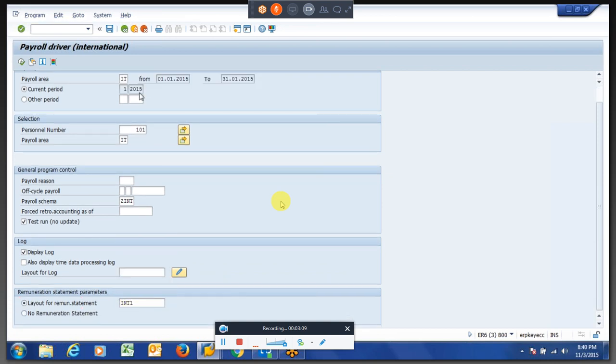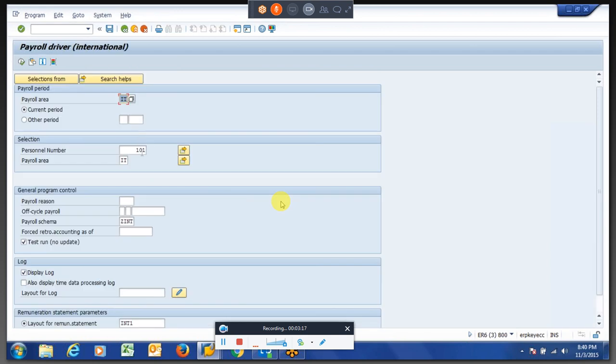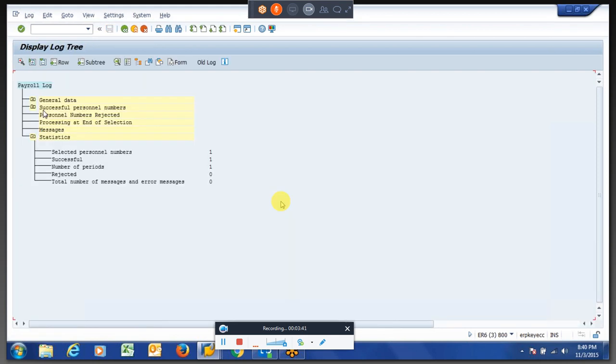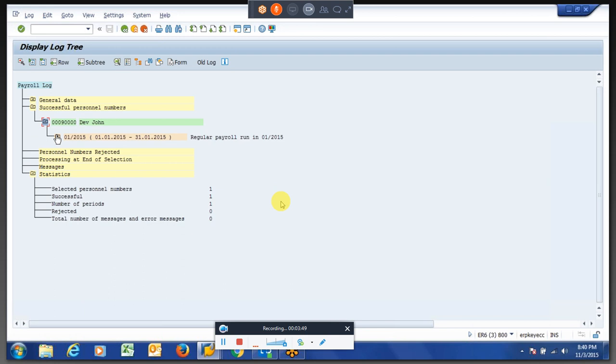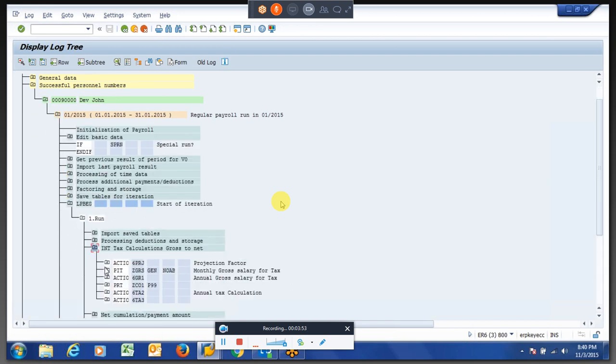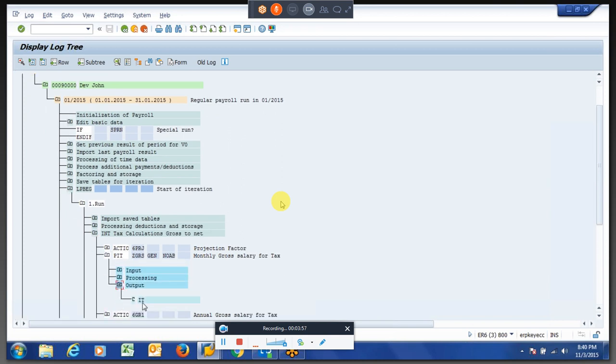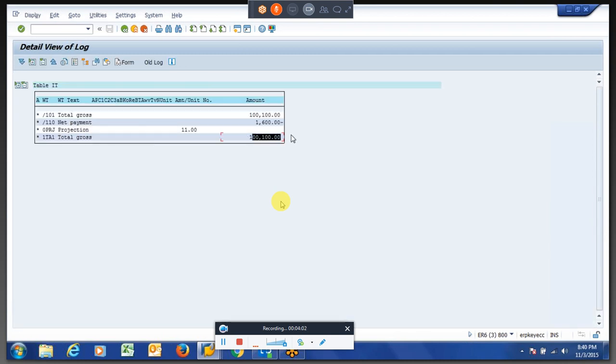Now, the payslip is not important, but for the month of January, if you see now the subschema for tax, what it is doing is calculating the gross for the month, our monthly gross wage type.